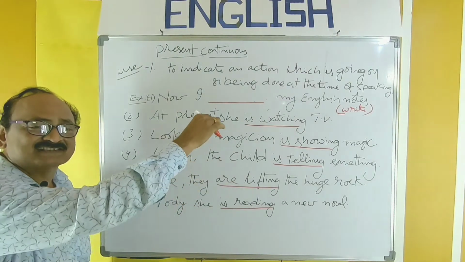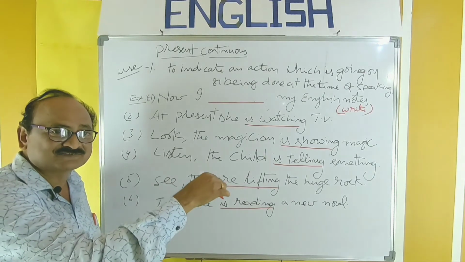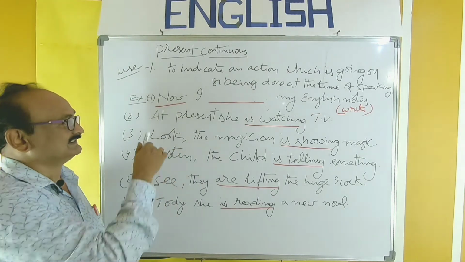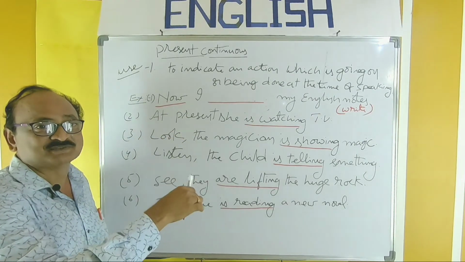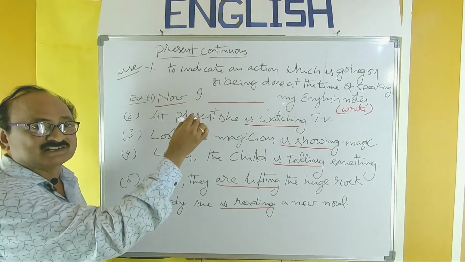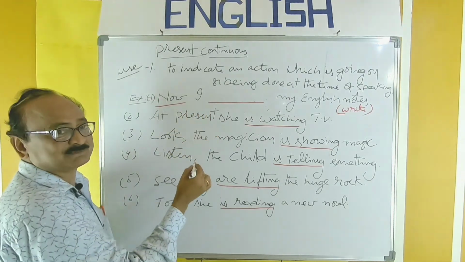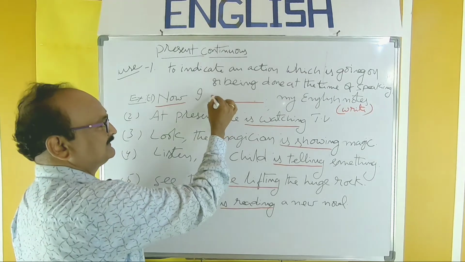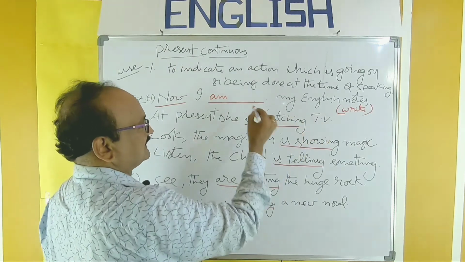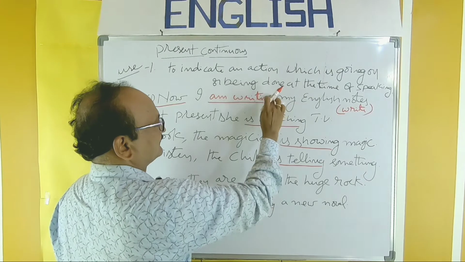How can you recognize in the examination? If we want to use it in our day-to-day life, we can use it easily. But recognition of tense in the examination is very important. By observing the word now. The word now refers to a present action and which is in progress. By observing the word now, you have to recognize that this sentence belongs to present continuous and you have to use the present continuous structure, the basic pattern, that is, subject I is there. Be forms am, is, are. I am. Write, present tense form, and you have to make it present participle. Now I am writing.